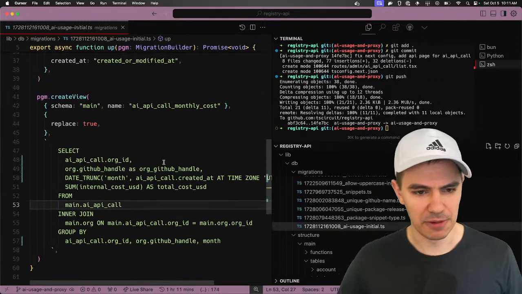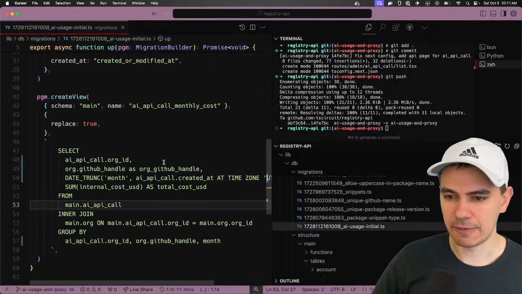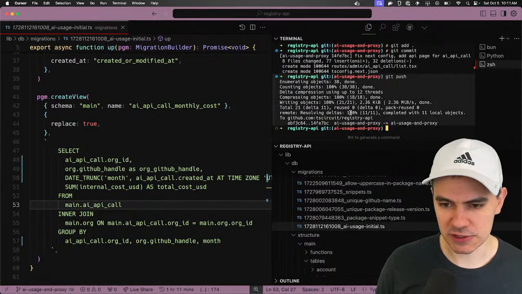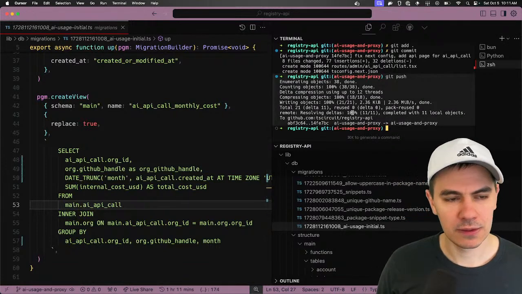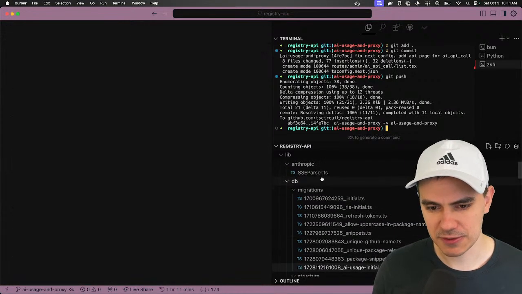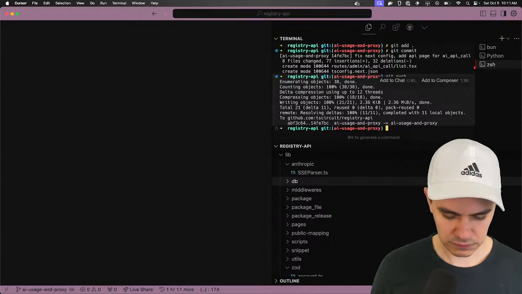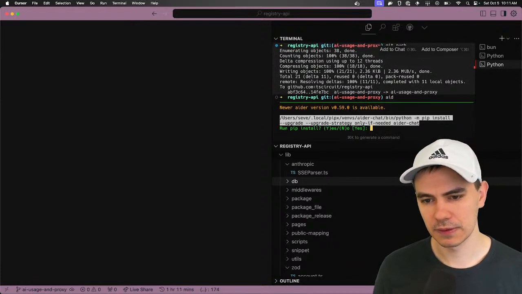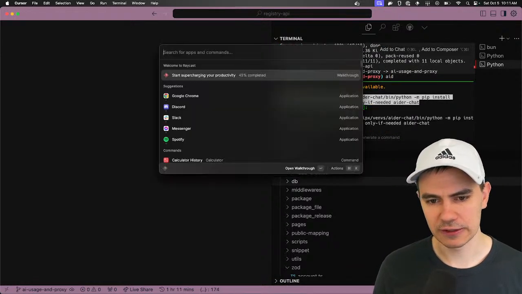I really want to see the monthly usage on the admin panel. That'll be really sweet, but to get there, we need to insert stuff to the database, right? So let's boot up Aider. Ooh, new version of Aider.